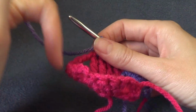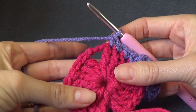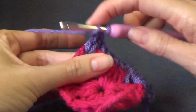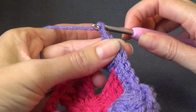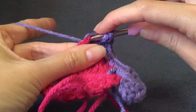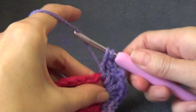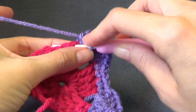Three double crochet, chain 2, 3 double crochet, all in the next space. So in here, we're going to work 3 double crochet, chain 2, and 3 double crochet, all in the same space. I'm going to repeat this all the way around. So in the next 4 stitches, we're going to work a single crochet,